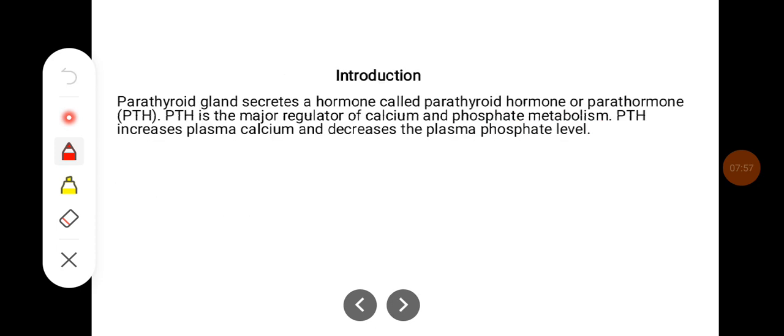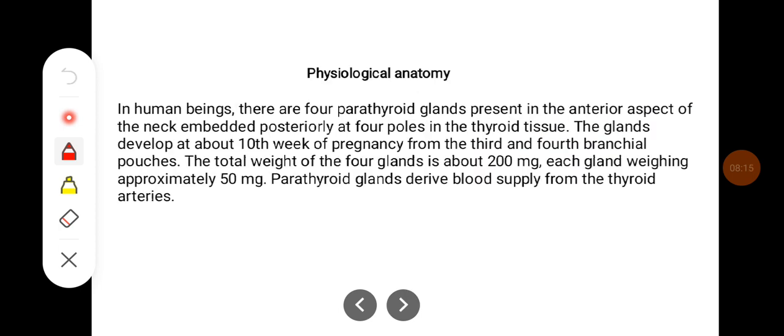Coming to the parathyroid gland, it secretes a hormone called parathyroid hormone, or parathormone. The parathormone is a major regulator of calcium and phosphate metabolism. The parathormone increases the plasma calcium and decreases plasma phosphate levels. In human beings, there are four parathyroid glands present in the anterior aspect of the neck, embedded posteriorly at four